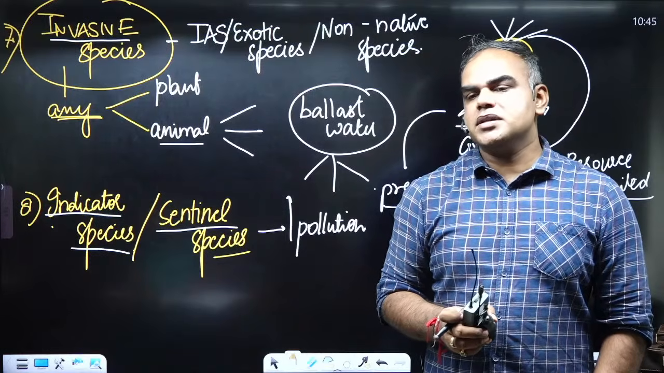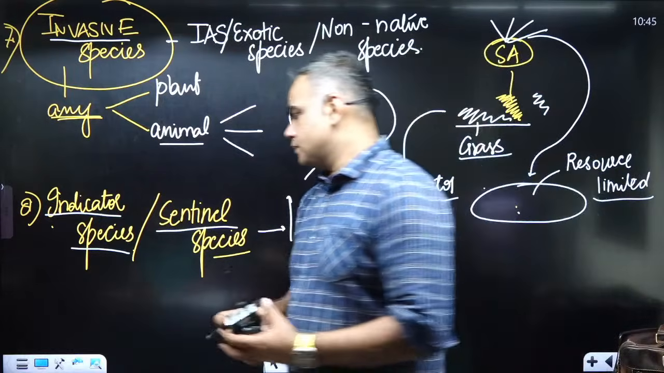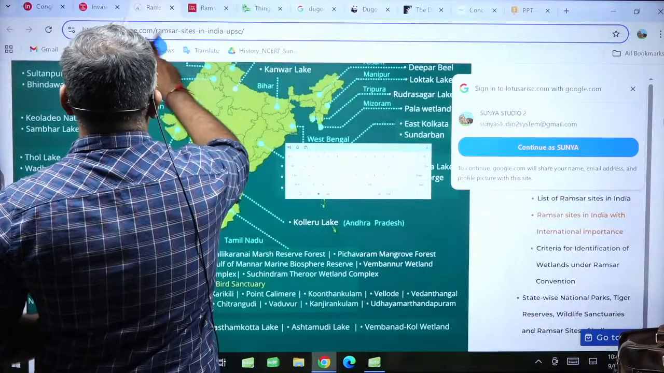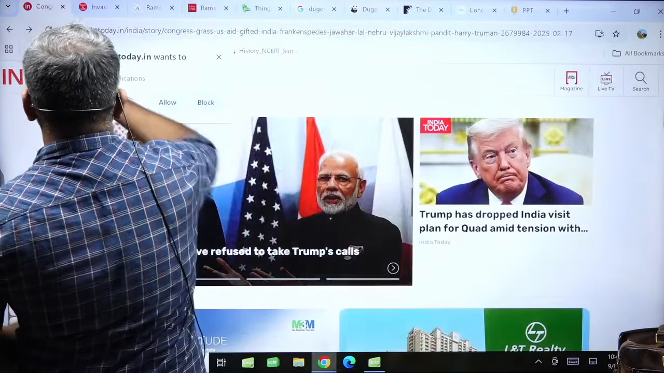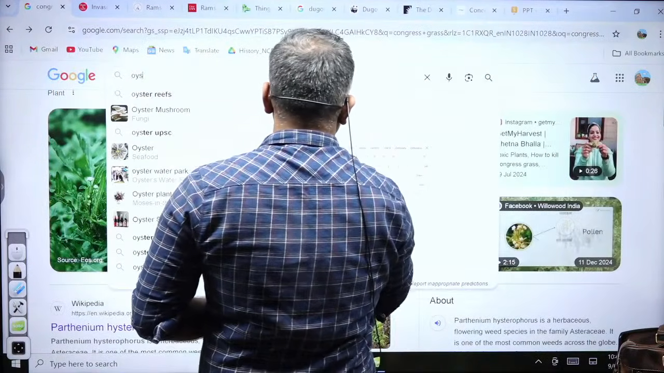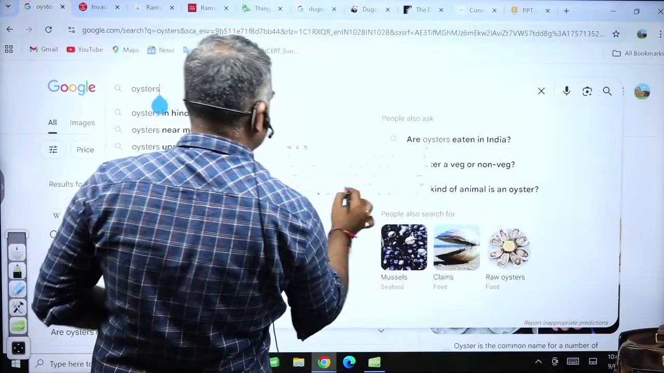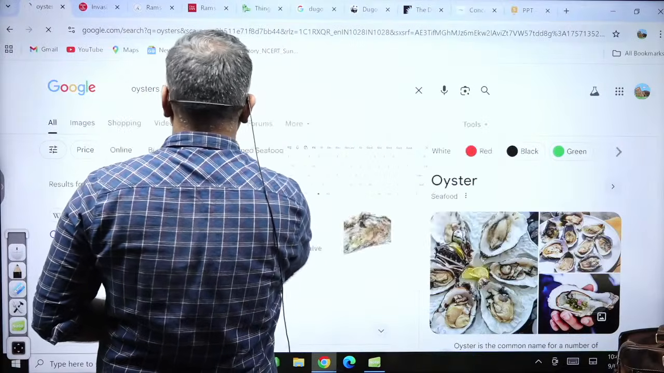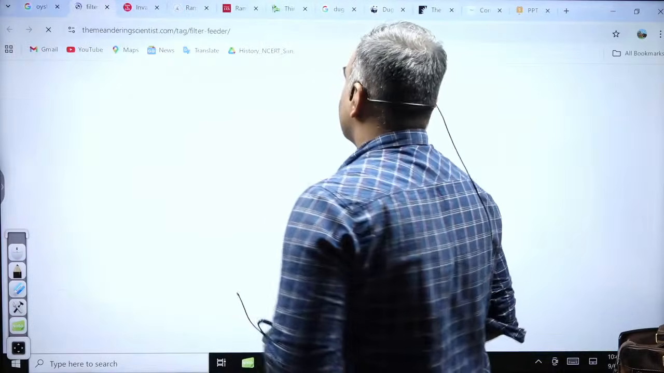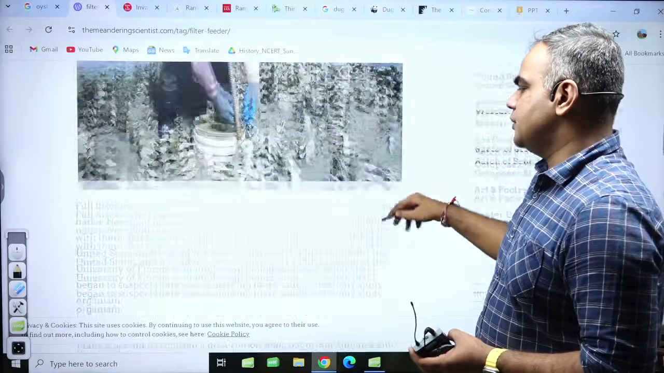Oysters are filter feeders which help in cleaning water. Oysters are filter feeders and they of course help in understanding the extent of pollution also. Just like a simple Google we are doing, you can also do that later on. जो भी species you're not able to understand, you should have a habit. Not just see this. Oysters की अगर बात करी जाए,